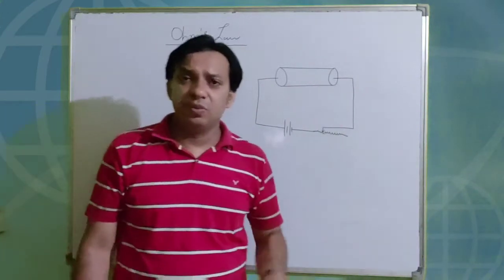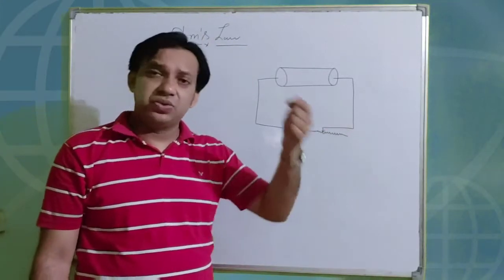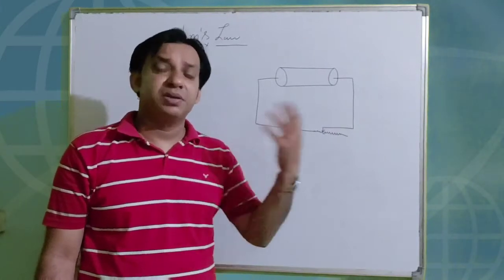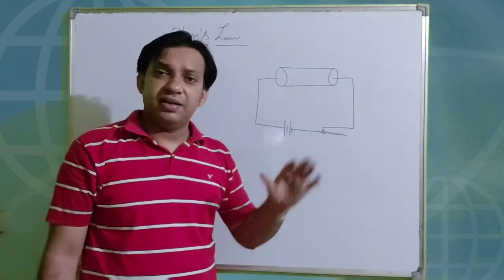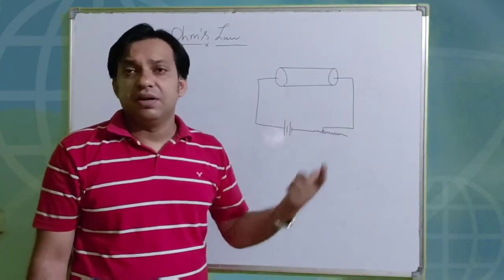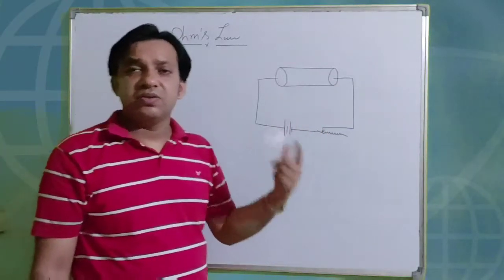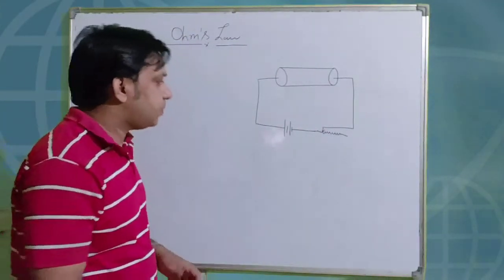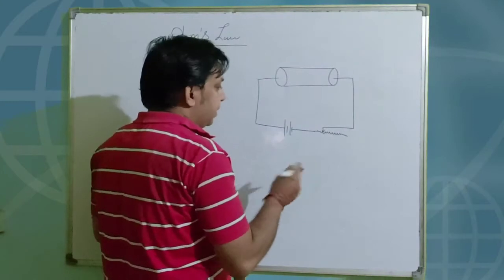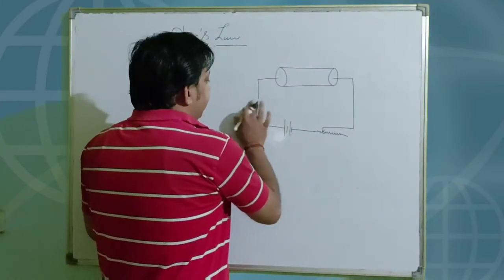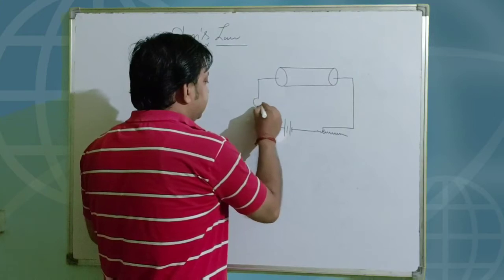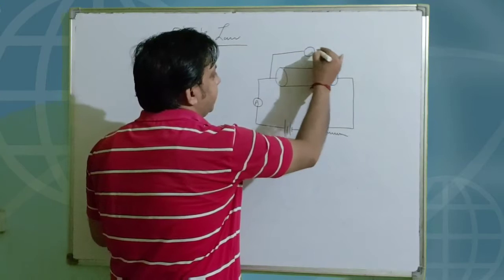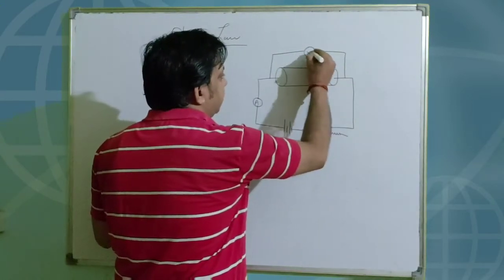For example, in your home, you use a regulator to control the speed of the fan. By changing the regulator position, you change the potential difference across the fan, and that is why you get different values of RPM, the rotation of the fan. A similar kind of regulator is called the rheostat. And I am connecting here a device called the ammeter, and here a device called the voltmeter.